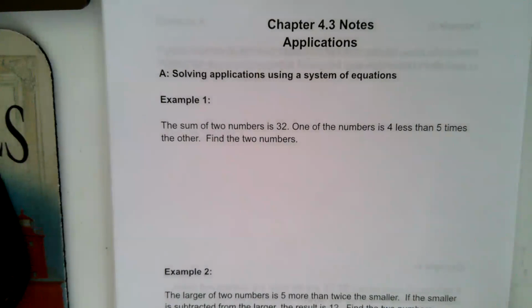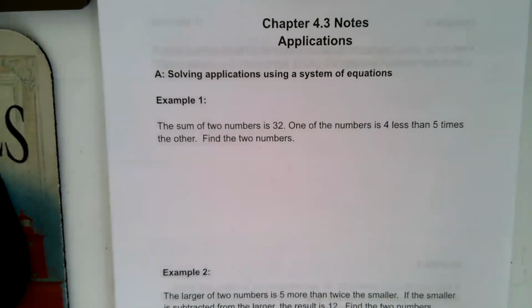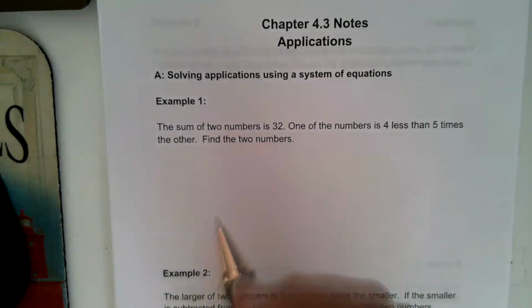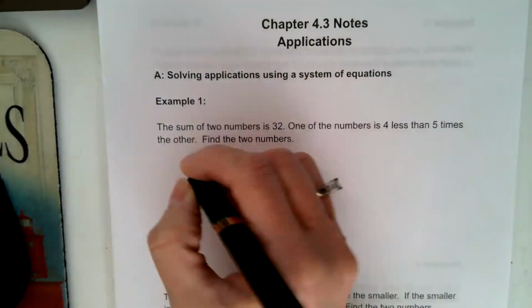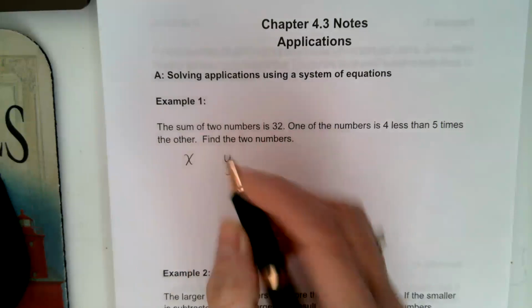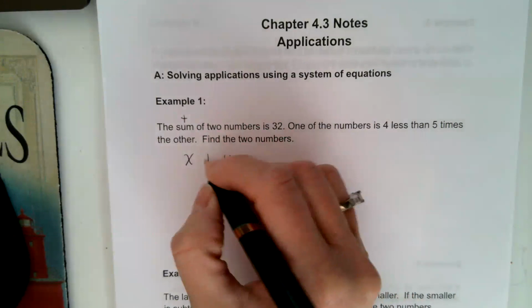It says the sum of two numbers is 32. One of the numbers is 4 less than 5 times the other number. Find the two numbers. That can be a little overwhelming, so let's break it down. We have two numbers. I'm going to call them X and Y. And it says the sum, so that means we're adding. So when we add them, we get